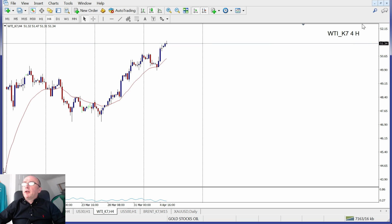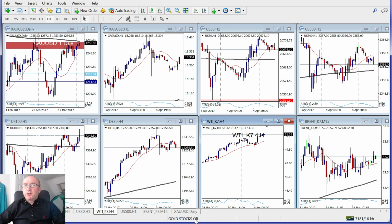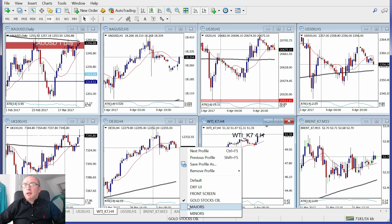So oil prices have got a bid with the continued talk about OPEC and extending their cutting program, and the Canadian dollar is basically following that higher as well at the moment. The Canadian dollar's had a really good run on the back of oil prices. It continues to do so. Can't trade CAD US, but you might be able to trade CAD against a weaker currency like the CAD pound or something like that. If we look at